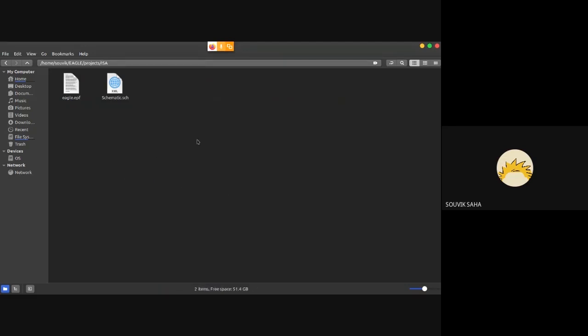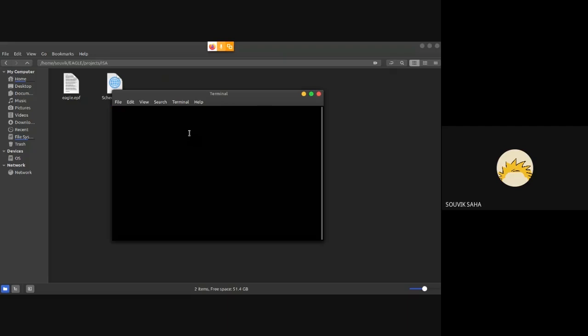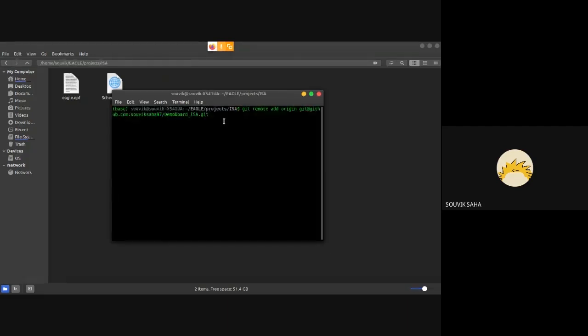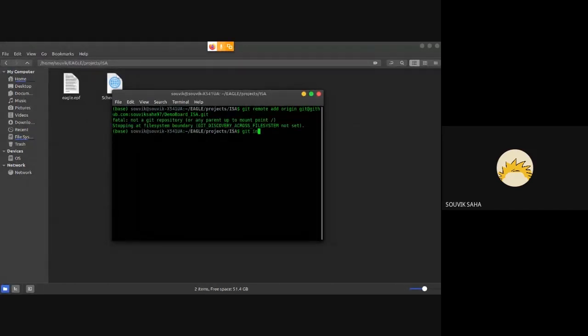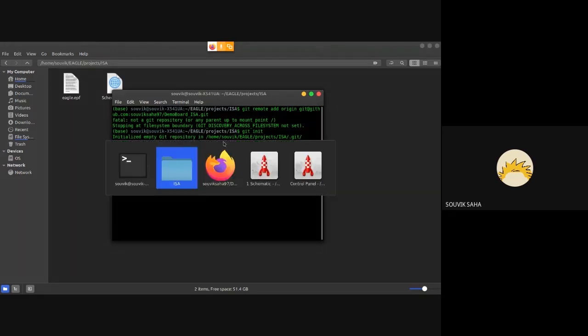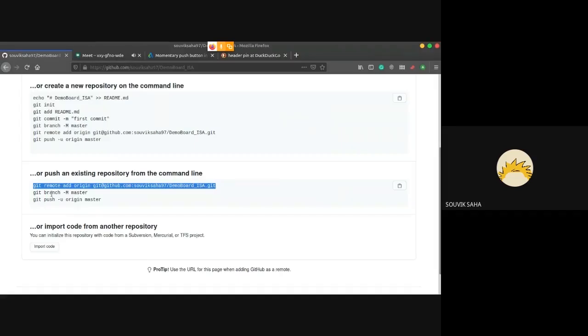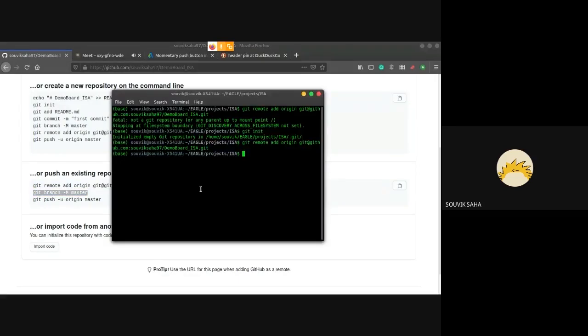You're not expected to understand all these commands, because I'm pretty sure none of you have worked on GitHub till now. So at the end of these steps, you'll be able to see that.